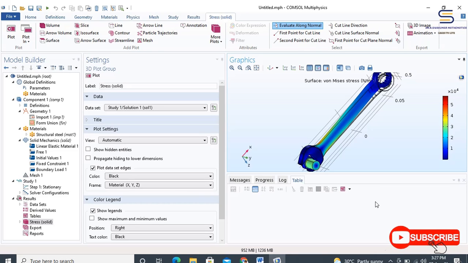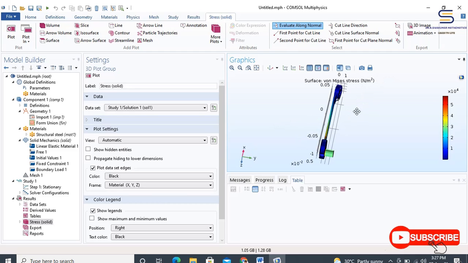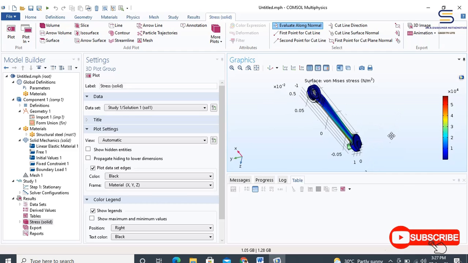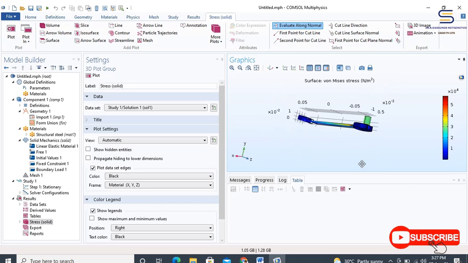Thus we see the current profile diagram of the von Mises stresses with the color legend visible at the order of 10 power 4 in the graphical user interface. Now if you click on zoom extents, you can maneuver this in the 3D space and observe that this nut here is actually at the fixed point while the force is applied on this surface.